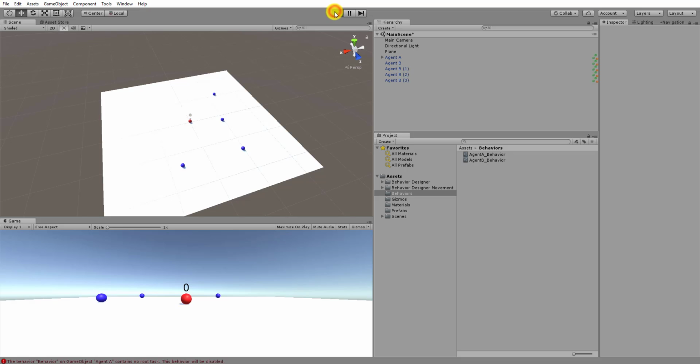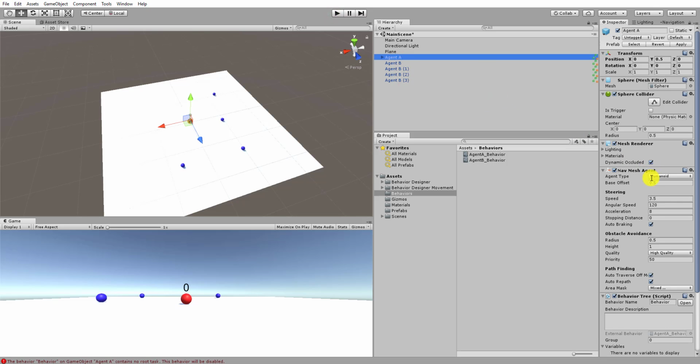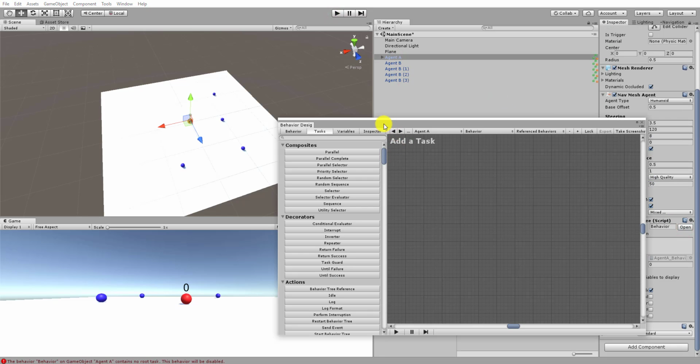So if I play this, all four should move around, wandering around the plane randomly. Okay. Now let's go to the agent A and open up the behavior designer editor,